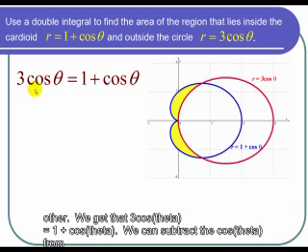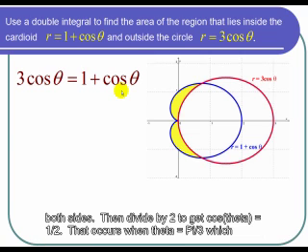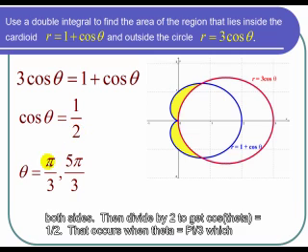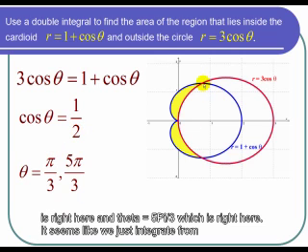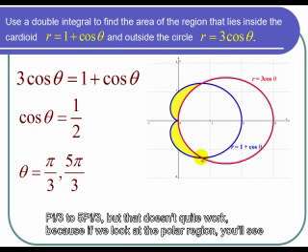And we get that 3 cosine theta is equal to 1 plus cosine theta. We can subtract the cosine theta from both sides and then divide by 2 to get that cosine of theta is equal to a half. And that occurs when theta is pi over 3, which is right here, and theta is 5 pi over 3, which is right here. It seems like we just integrate from pi over 3 to 5 pi over 3, but